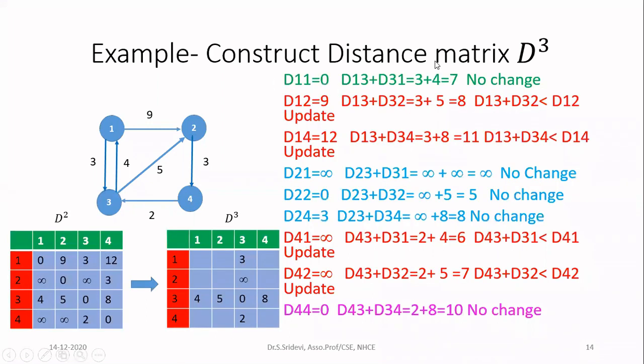So now I am going to construct the distance matrix D3. So if you see here, in none of the values, you will have the row 3 and then column 3, because we have calculated the value as such from the previous distance matrix. Now let us see the updation of values now. We will consider for D12 because there is a change in this. So let us consider D12.